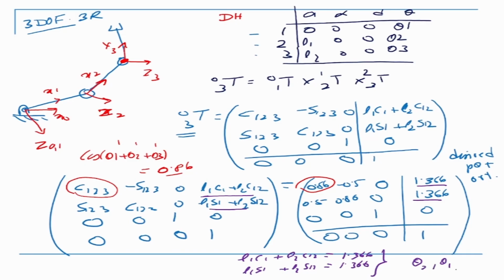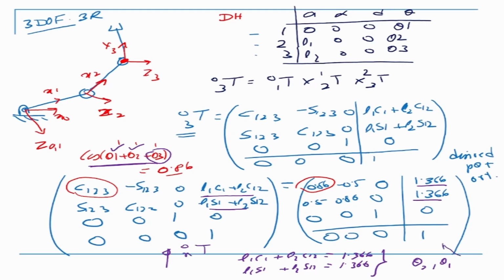And then I use this one. Once I've got theta 1 and theta 2, I can find theta 3. So this is the way we solve for a general inverse kinematics of a robot manipulator. This is the matrix relating the nth frame to the 0th frame. In the case of the Puma, it will be 0 to 6 because there are 6 degrees of freedom.